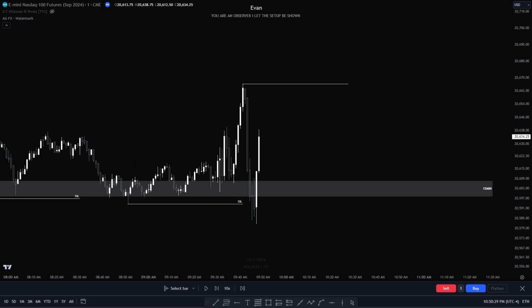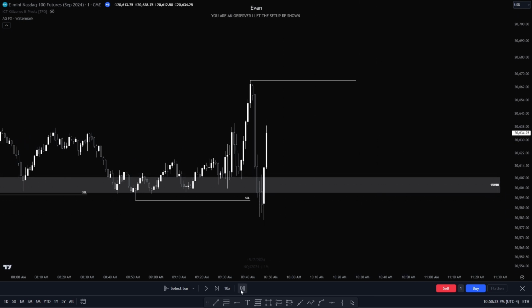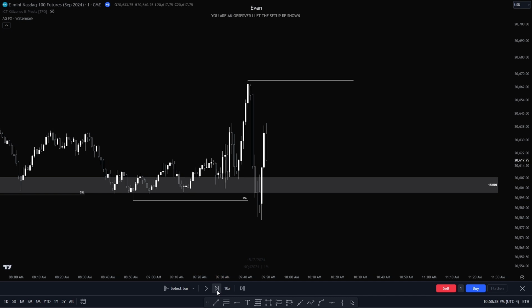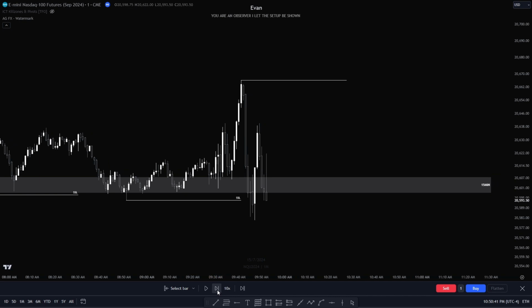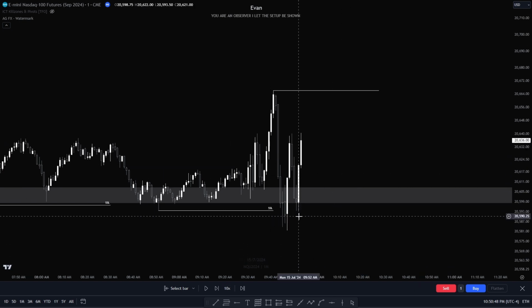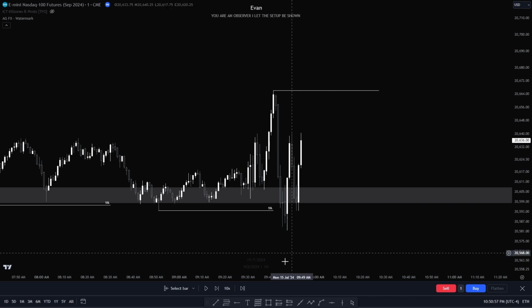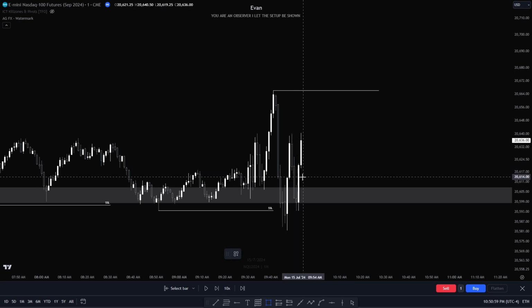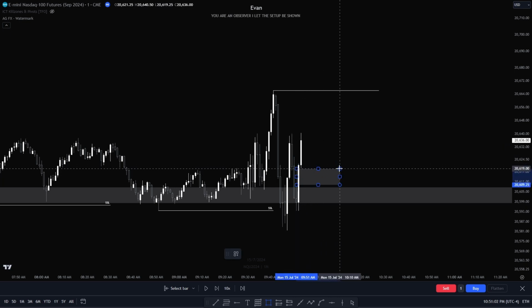Right? So let's see. Personally, I wouldn't recommend taking this for value gap when it's straight up like that. I personally would wait for more structure to validate that we do want to go higher. So in this case, it came back down, created a higher low, sorry. Oh my gosh. Created a higher low right here, displaced up again,